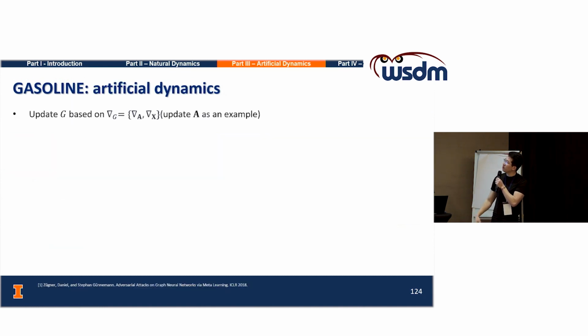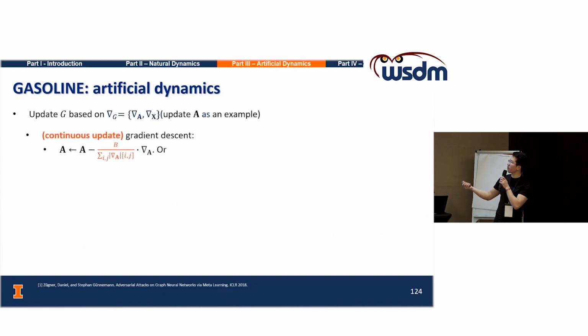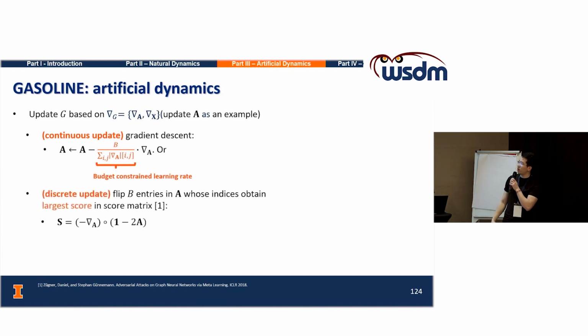Okay. So given the upper-level problem's gradient with respect to the graph data G, how can we do the artificial dynamics? Our first solution is straightforward. We can directly use gradient descent, right? But here the learning rate is constrained by the budget, because we hope the modified graph should not be too far away from the given graph, right? And in some settings, we try to keep the updated adjacency matrix as discrete as possible. So, in order to ensure that,